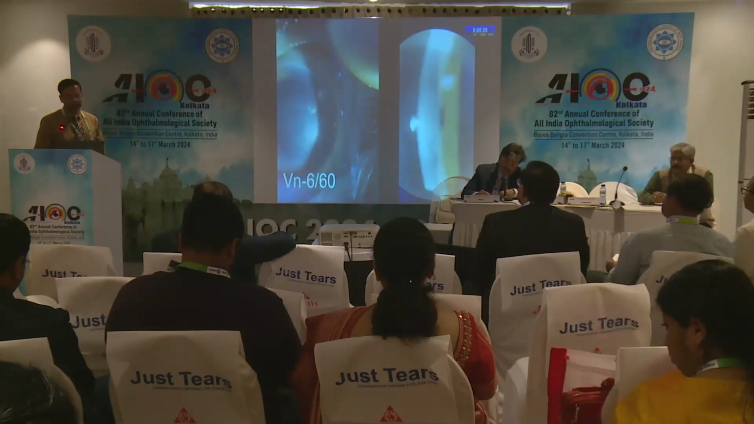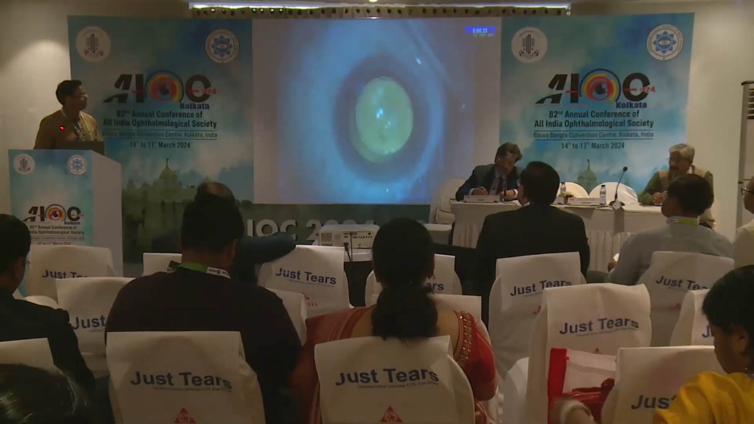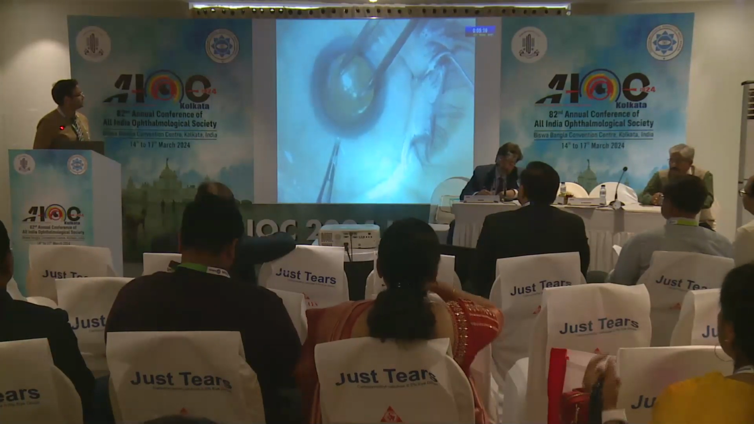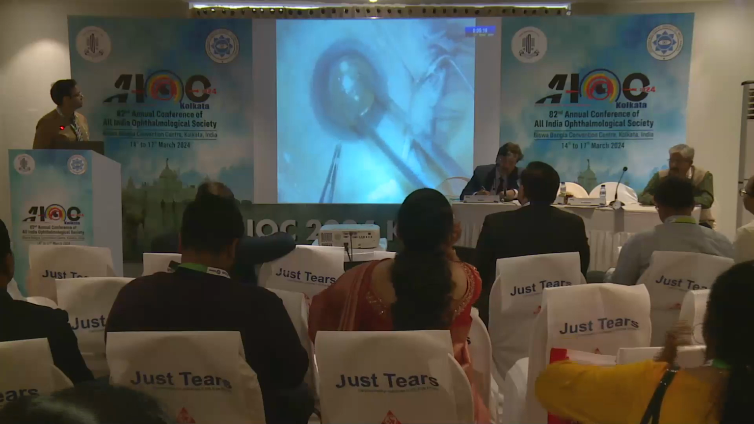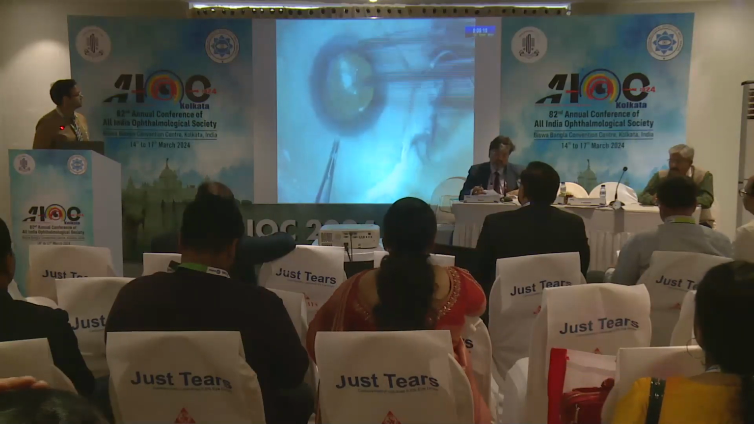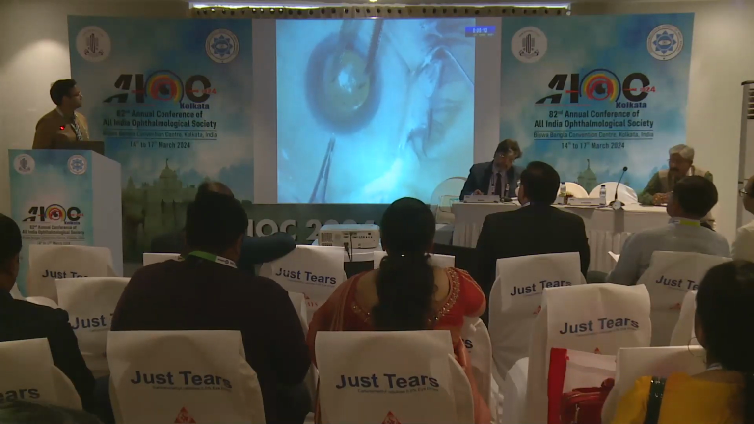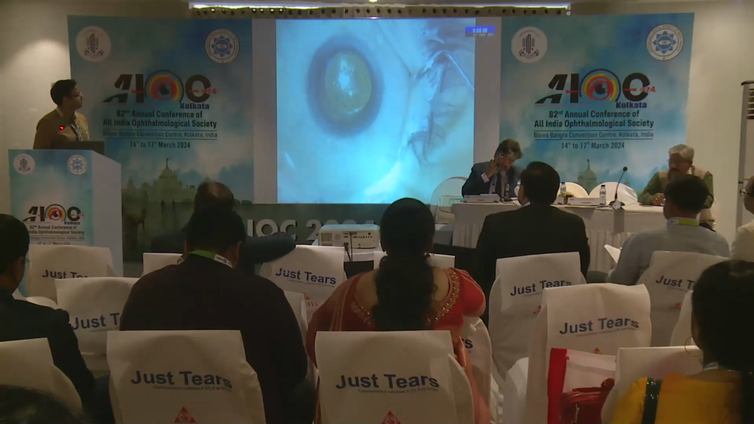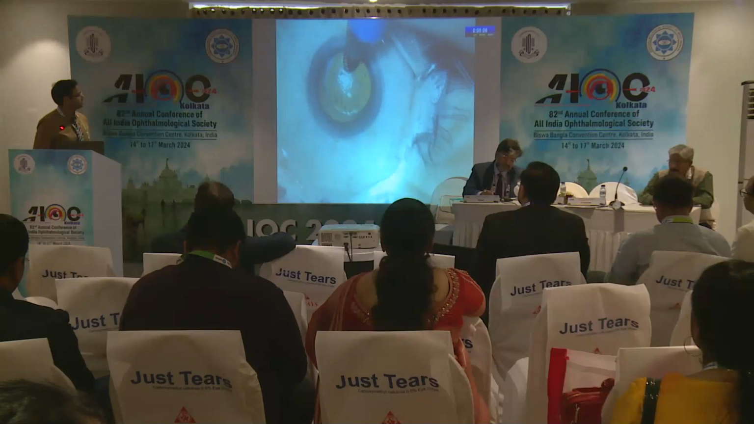So coming to the video of the case, as you can see, it's a case of central Fuchs with the peripheral cornea relatively clear. So here I have planned DWEK, that is descemetorhexis without endothelial keratoplasty. So marking the 4 mm central zone where I will be doing descemetorhexis,